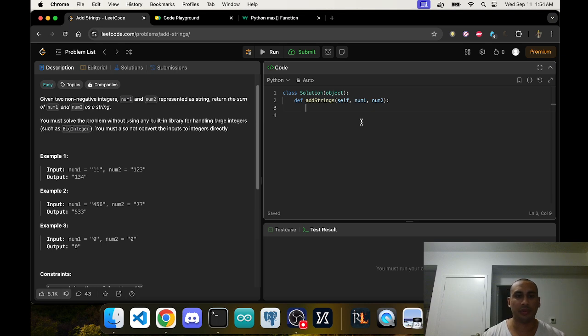I could just recreate this as the total. I can't convert the inputs directly, but I can do it indirectly. So tot1 is total 1, let's make that 0. Tot2 is total 2, make that 0 as well. If they give us constraints, we can always work around those constraints. I'll show you guys how to do this. It's just about being crafty, you know? So what I'm going to do is